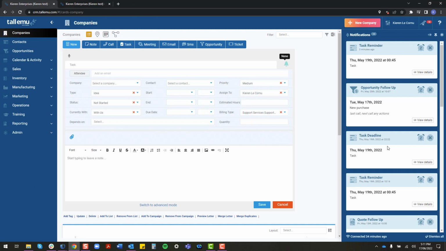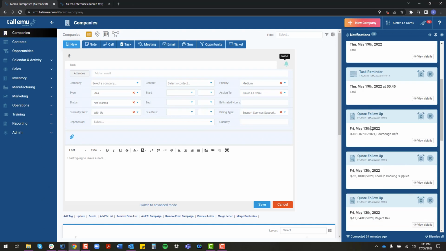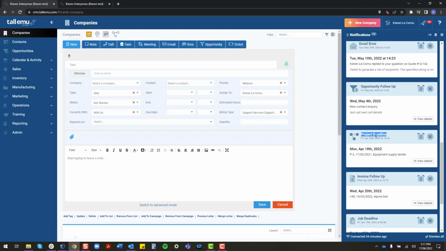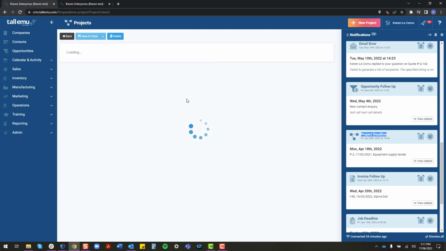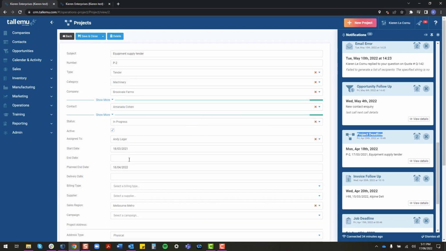Looking at the other types of notifications that we have here, we've looked at tasks and opportunities. We've also looked at quotes. Project deadlines are very, very similar. So if we jump through to the project, we will see that if we put the project into edit mode,